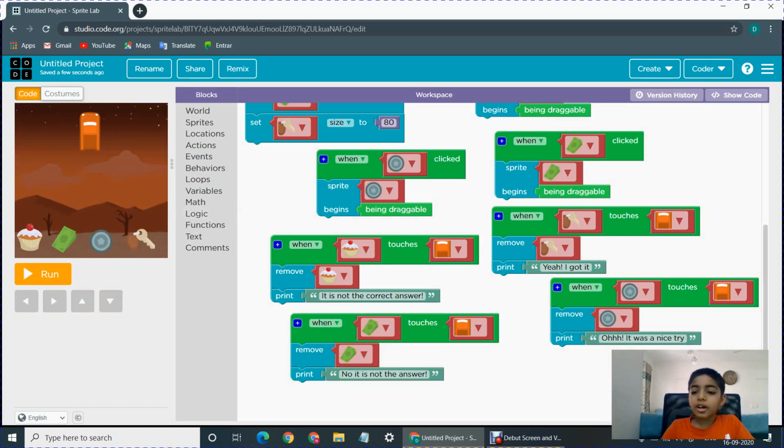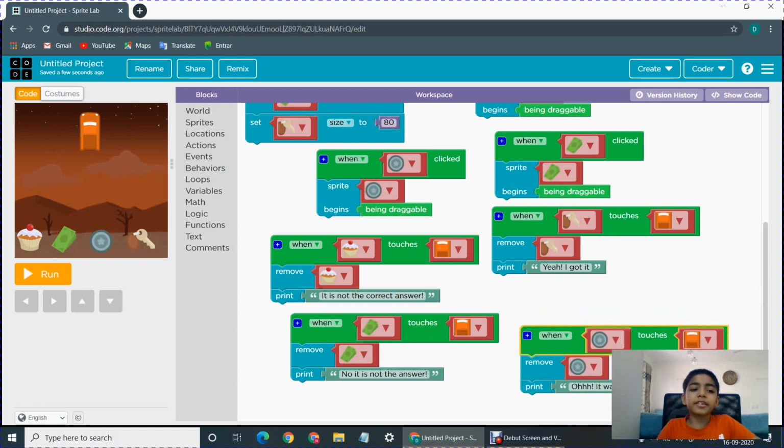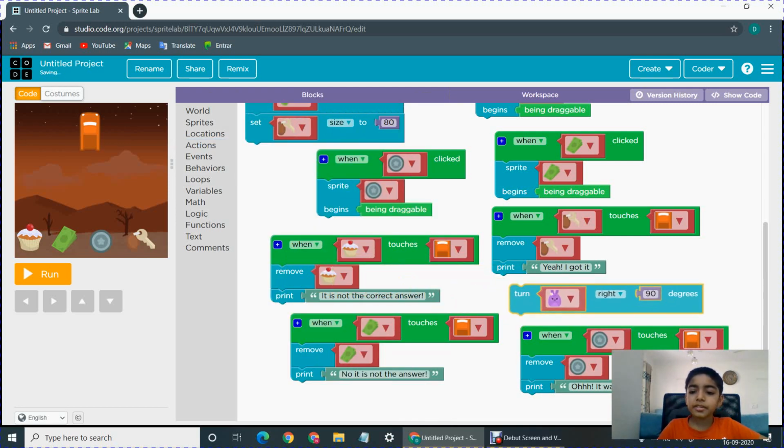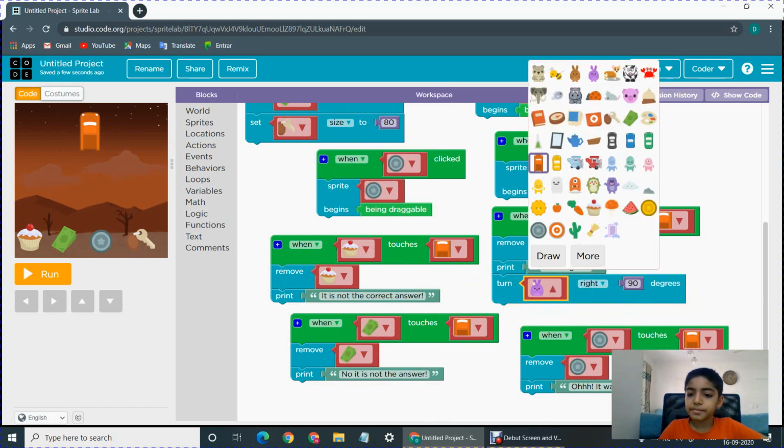So one more thing, when the key touches the car, the car should move. So we go to actions and first it should turn right by 90 degrees. The car.